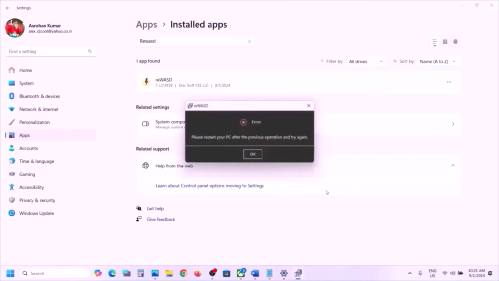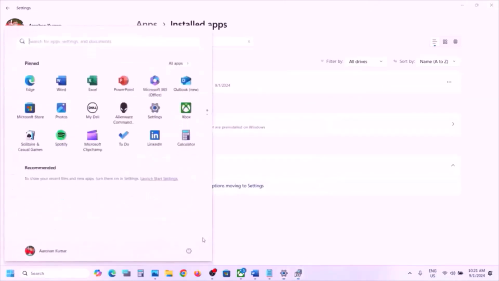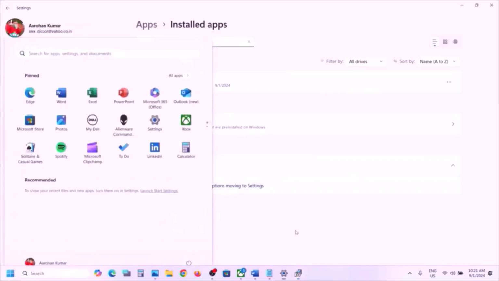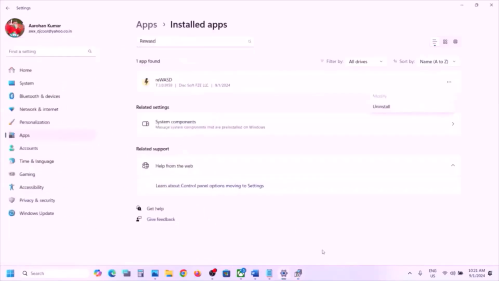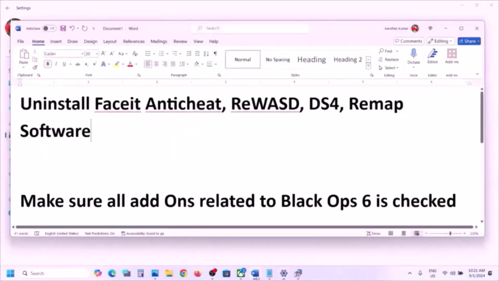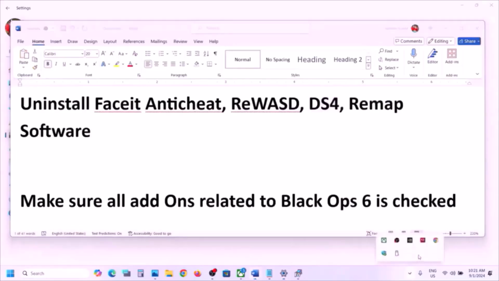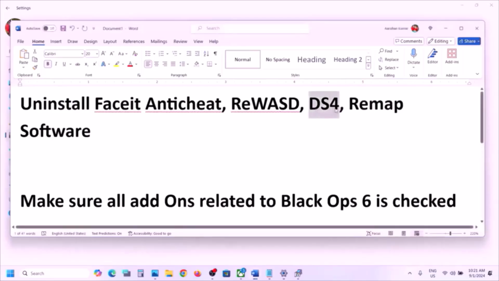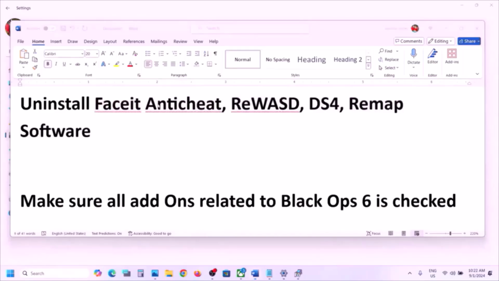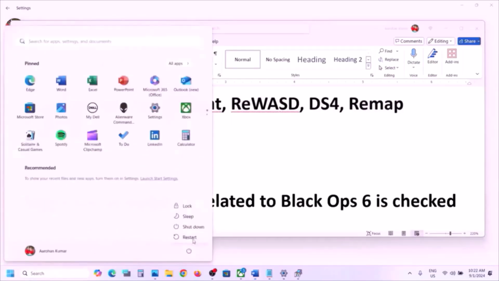So if it's telling you to restart your computer, then after the system restarts, you can try to uninstall this software once again and then check. Similarly, if you have DS4 running on your computer, then you can close DS4 or uninstall DS4 Windows. If you have Remap software installed, uninstall Remap software. Now once you uninstall this software, you have to restart your computer, and after the system restart, you can try